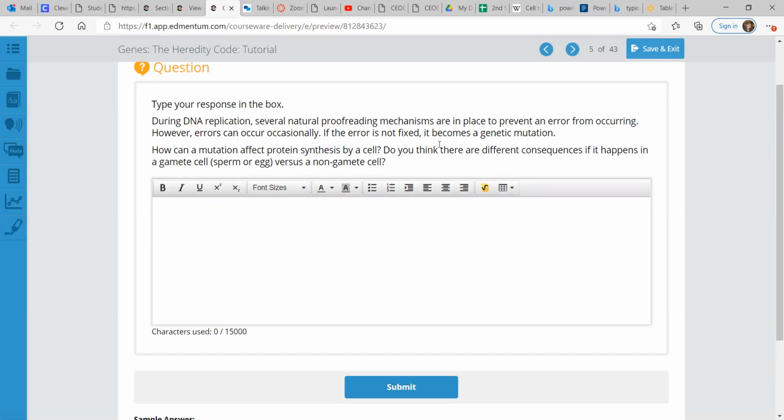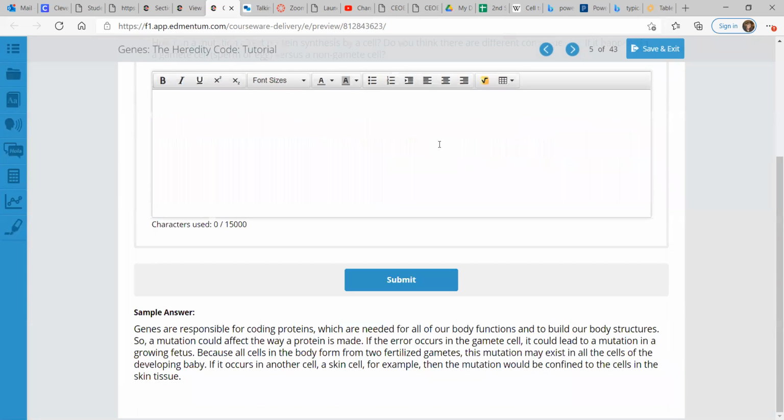How can a mutation affect protein synthesis by a cell? Do you think there are different consequences if it happens in a gamete cell, which is a sperm or egg, versus a non-gamete cell? And for the sample answer, genes are responsible for coding proteins, which are needed for all